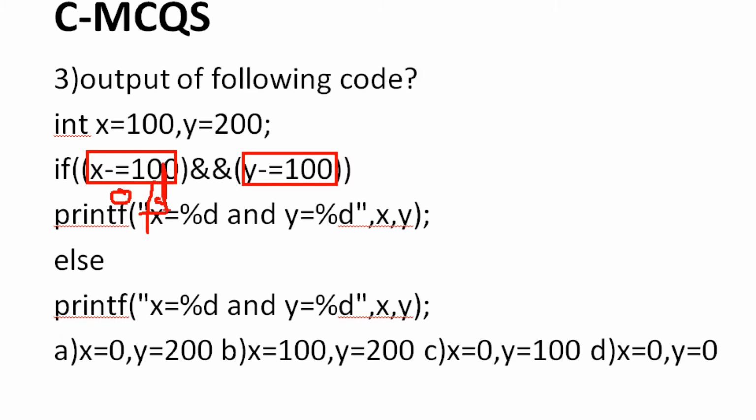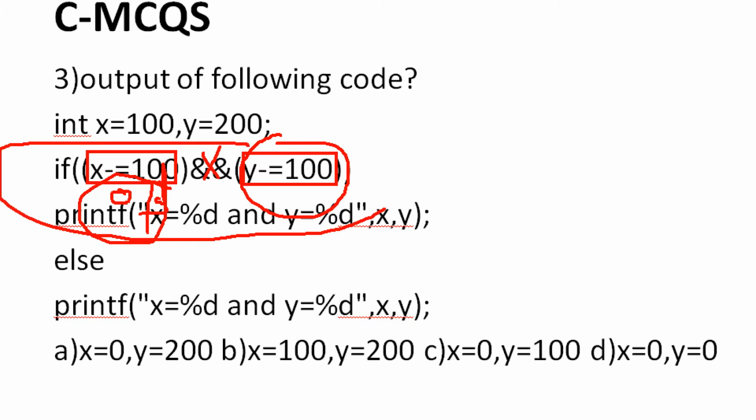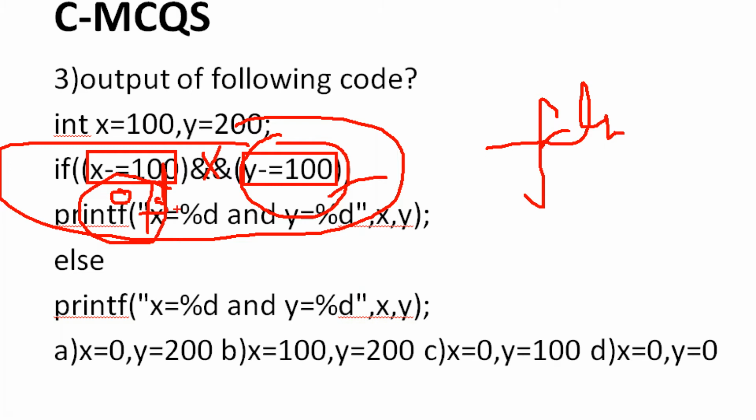0 represents false. The special case in the logical AND is that when the first condition is false, even if the next expression is true or false, it can assume the overall result is false. That is why, if it is false, the else block is executed. Else block means only x is modified here, y is not modified. Generally people assume that both x and y can be modified, but that is wrong.